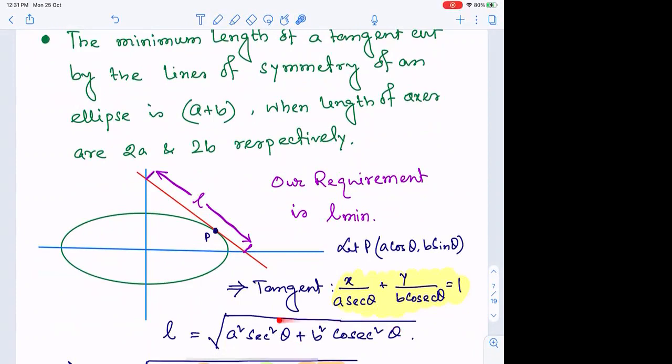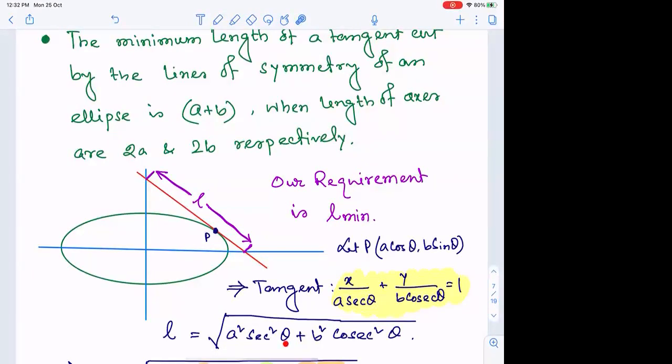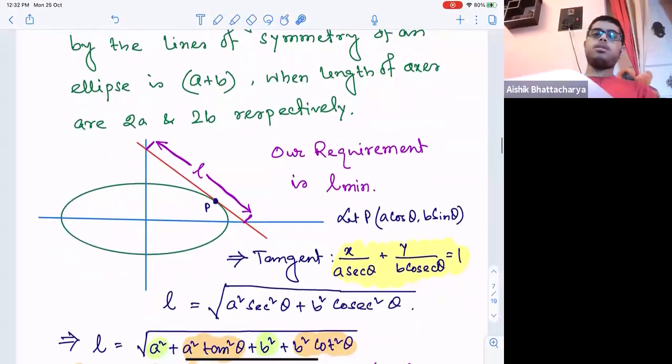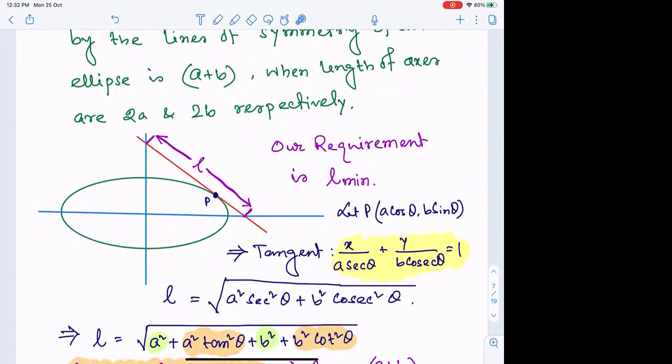But just after having so, we have considered: do sec square and cosec square directly share any identity? No, sir, but tan square and cot square do. Very good. Sec square is associated with tan square by the identity, and cosec square is associated with cot square by the identity, who are reciprocal to each other, right? With that idea, we have replaced sec square theta with 1 plus tan square theta and cosec square theta with 1 plus cot square theta.